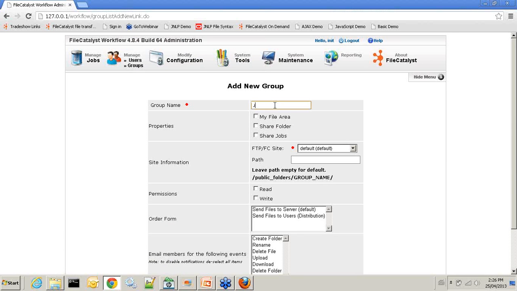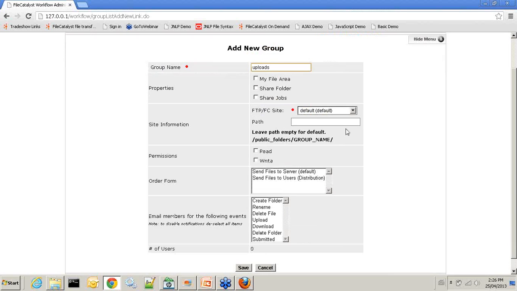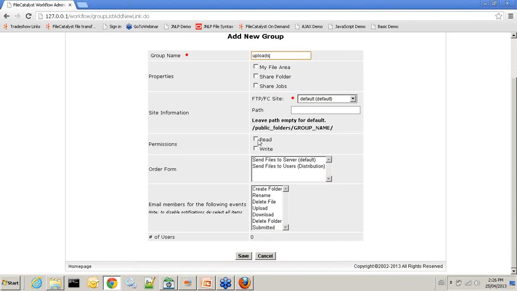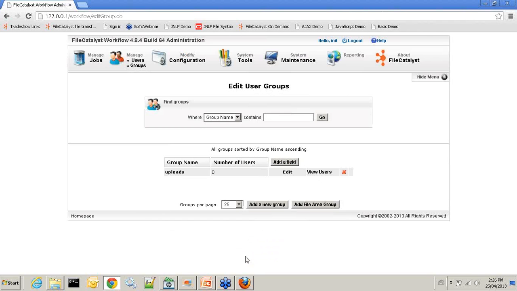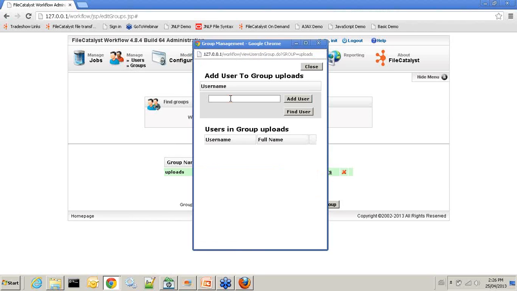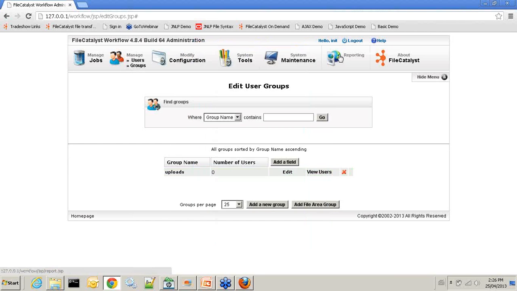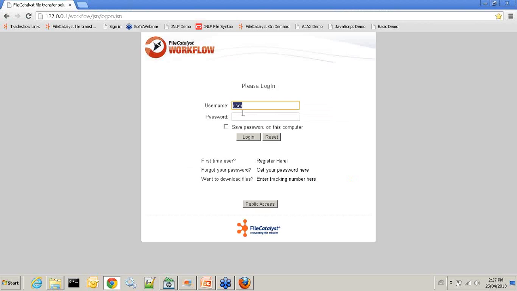uploads. I'm going to call this group uploads, and I'm not going to give it anything here, but all I'm going to do is give this group the send files to server option. And now I'm going to go to users, and I'm going to add my user into this group. So now let's test this. If now I log in as this user,